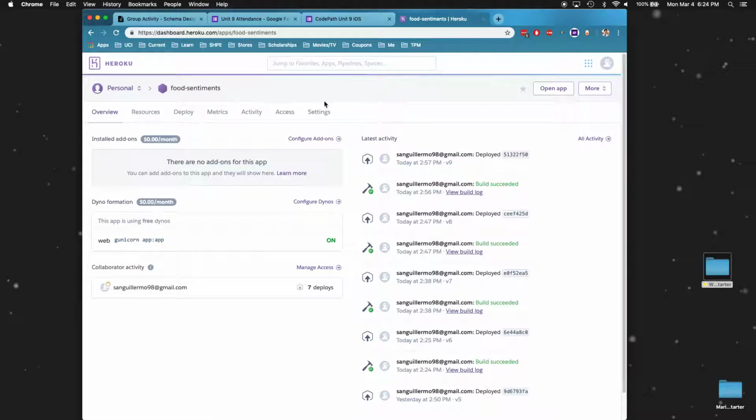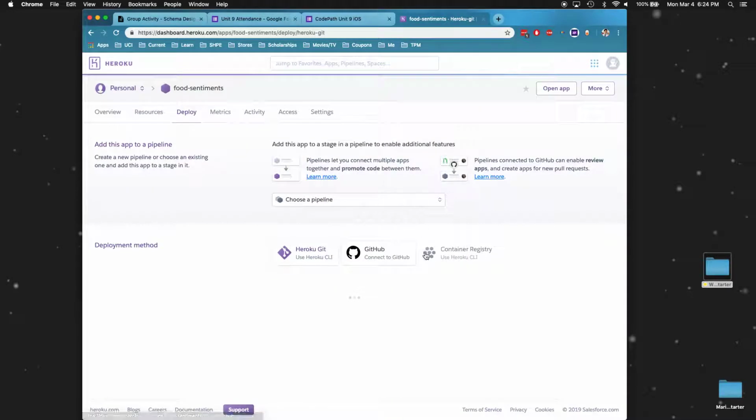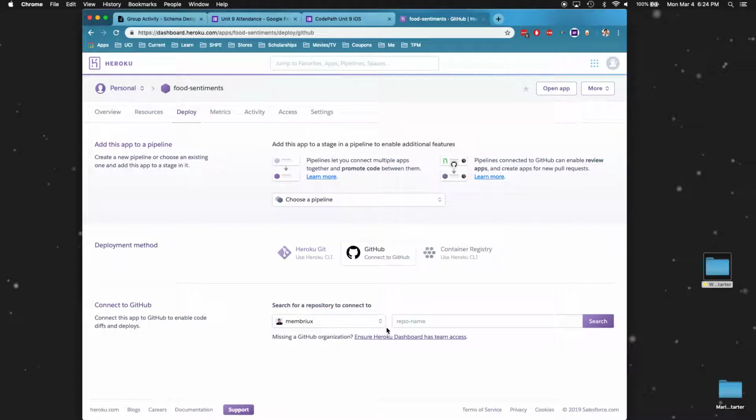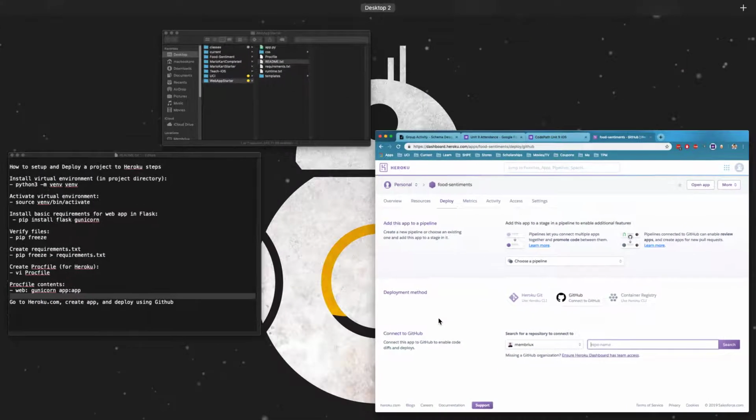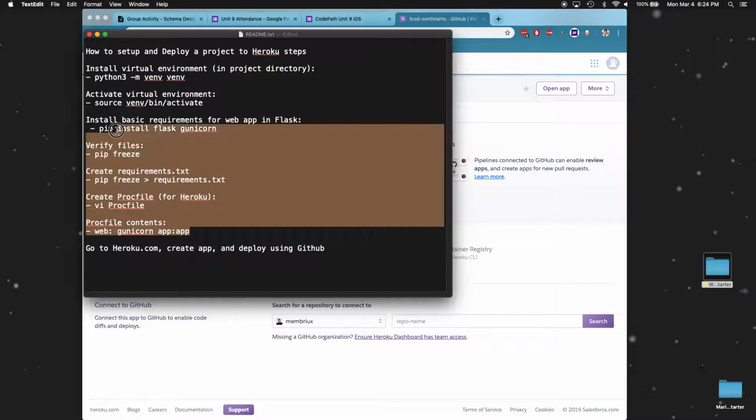You literally just create your project, and you go on the deploy section. Here, you just connect it to your GitHub, the project that you're working on. So then the uploader just pulls it, and then automatically deploys. That's it. It's crazy. You may have to make sure that you have these